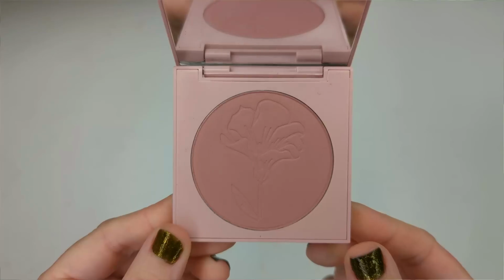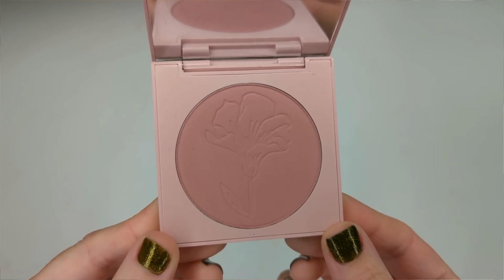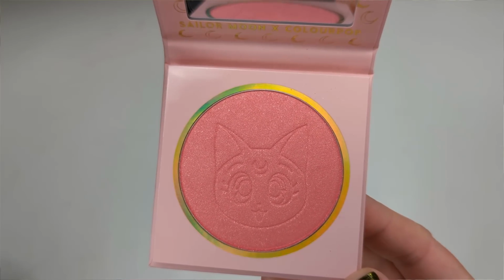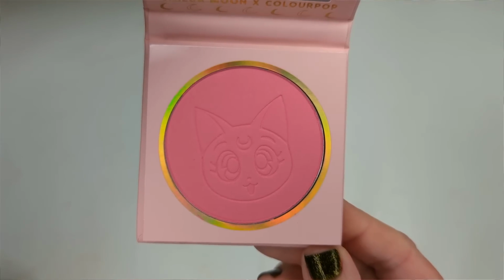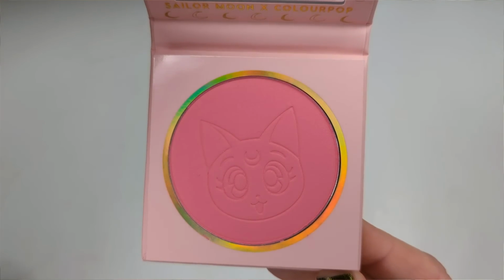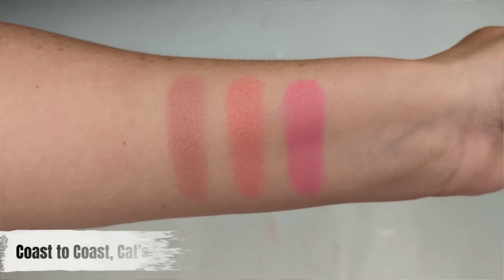It's really blendable. It's not too pigmented where you have to be careful how much you pick up on your brush, but it's also not super sheer either. So I'll show you guys the shades that I have. I have Coast to Coast, which is the most beautiful mauve, like a dusty mauve. I also have Cat's Eye from the Sailor Moon collection. This one has a little bit of shimmer to it. And then I also have one called From the Moon, which is also from the Sailor Moon collection. And this one is a bright bubblegum pink, which is also amazing if you like more of a cool tone